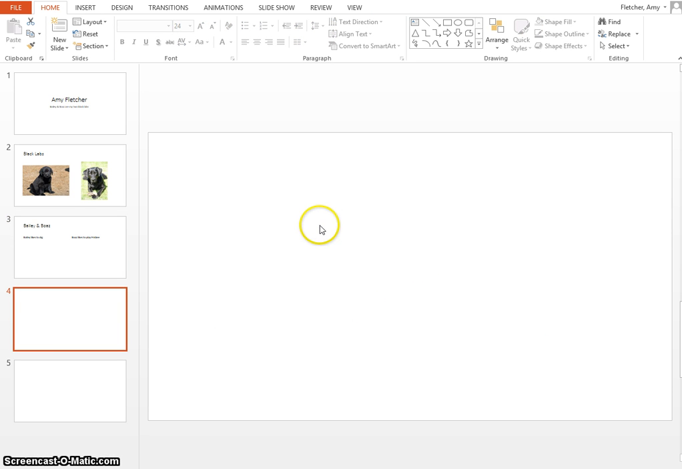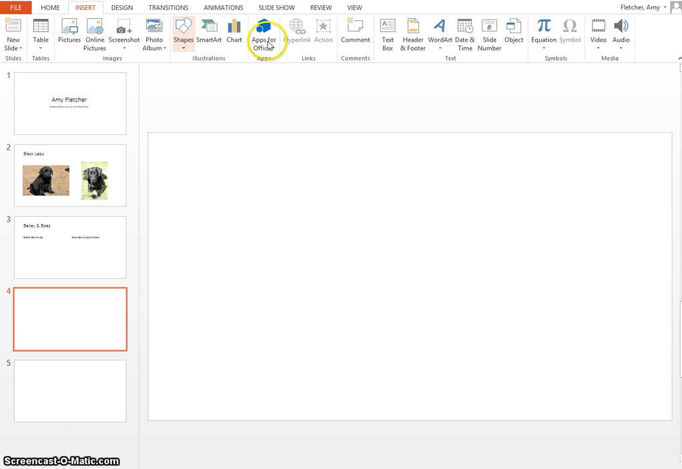You can't write on this. If I click on slide 4 and I try to type, you can't type. There's no place to type, and that's the reason why I have this one in there. On a blank slide, you've got to put in a box for you to type in. And how you do that is you go to Insert, then come over here to Text Box, and draw yourself